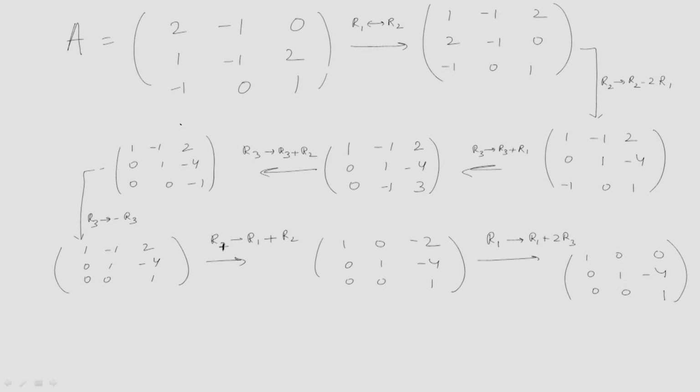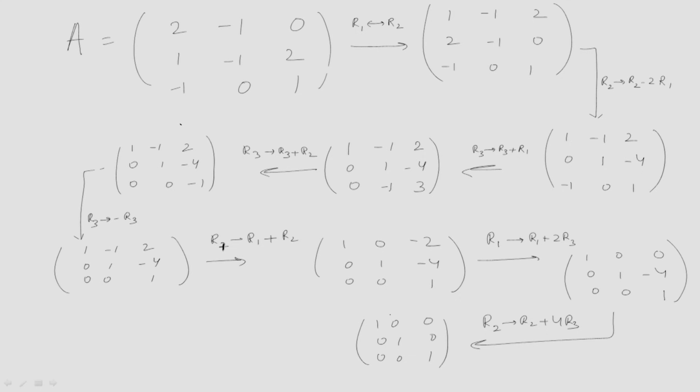Now, you want to make 0 here with the help of this. So, this plus 4 times this will give you the identity matrix, that means you replace R2 by R2 plus 4 times R3. So, it will be an identity matrix now. So, these are the elementary operations which we apply to convert this matrix A into an identity matrix. Similarly, we can proceed for the second problem. So, thank you very much.